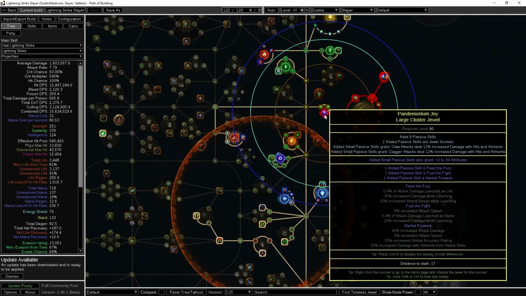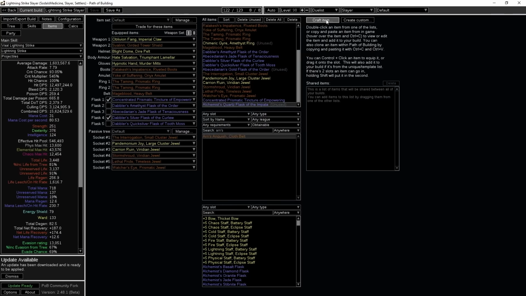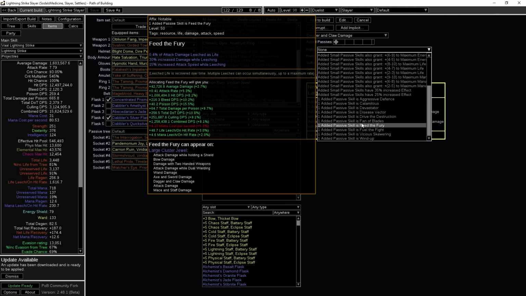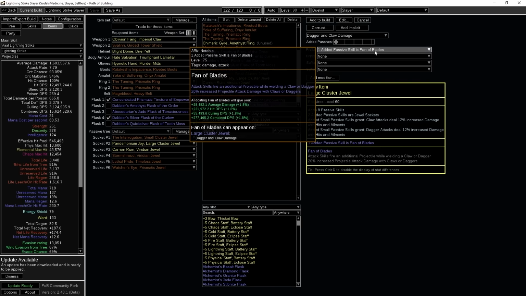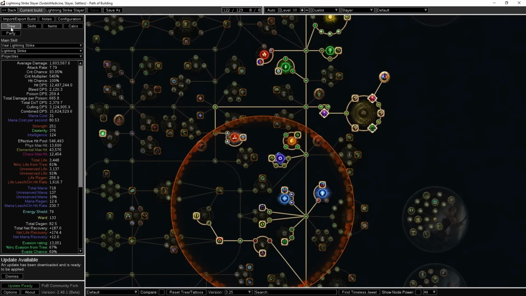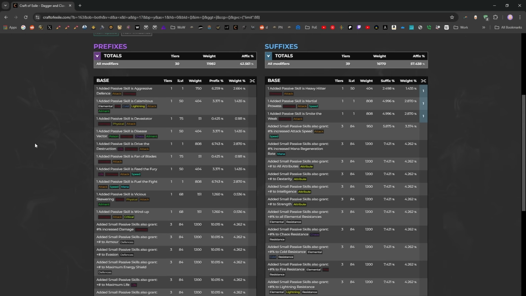And then Fuel the Fight is a really good option. It gives you mana leech and damage while leeching. That's good. There is an alternative, and I'll just show that off here. So there is one other option, Fan of Blades, and it makes it so that you fire an additional projectile whenever you attack with Lightning Strike. This is pretty much essential for Lightning Strike of chaining, or whatever it's called, the Lightning Strike that chains between enemies. It is not as mandatory for regular Lightning Strike, and this is a good thing, because if we look